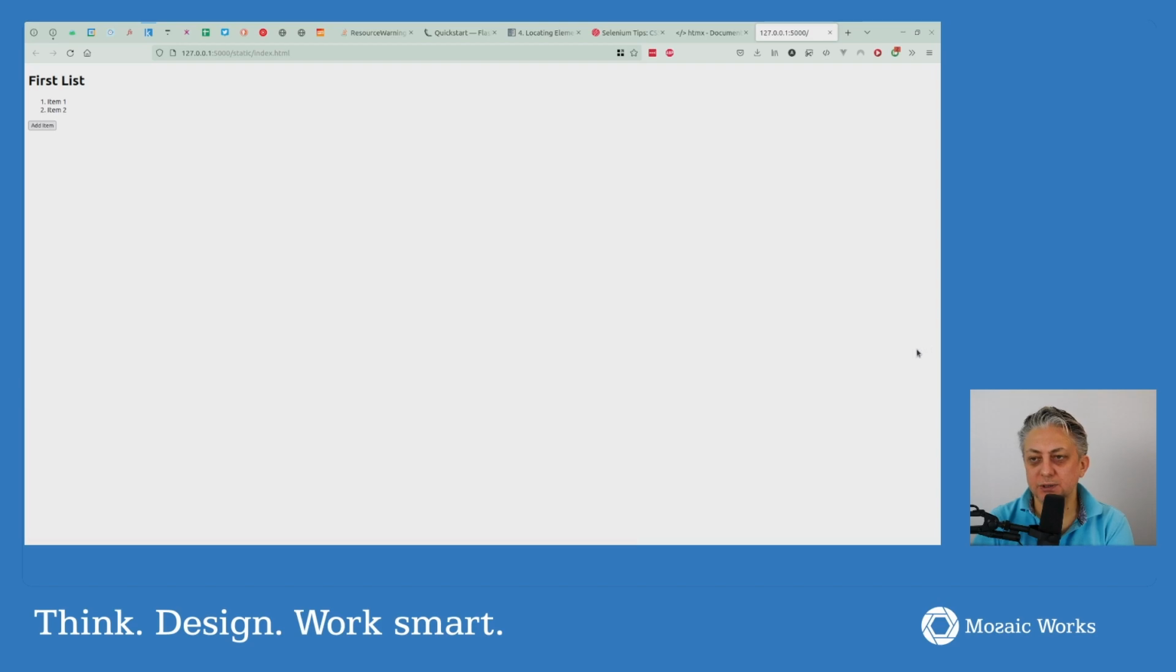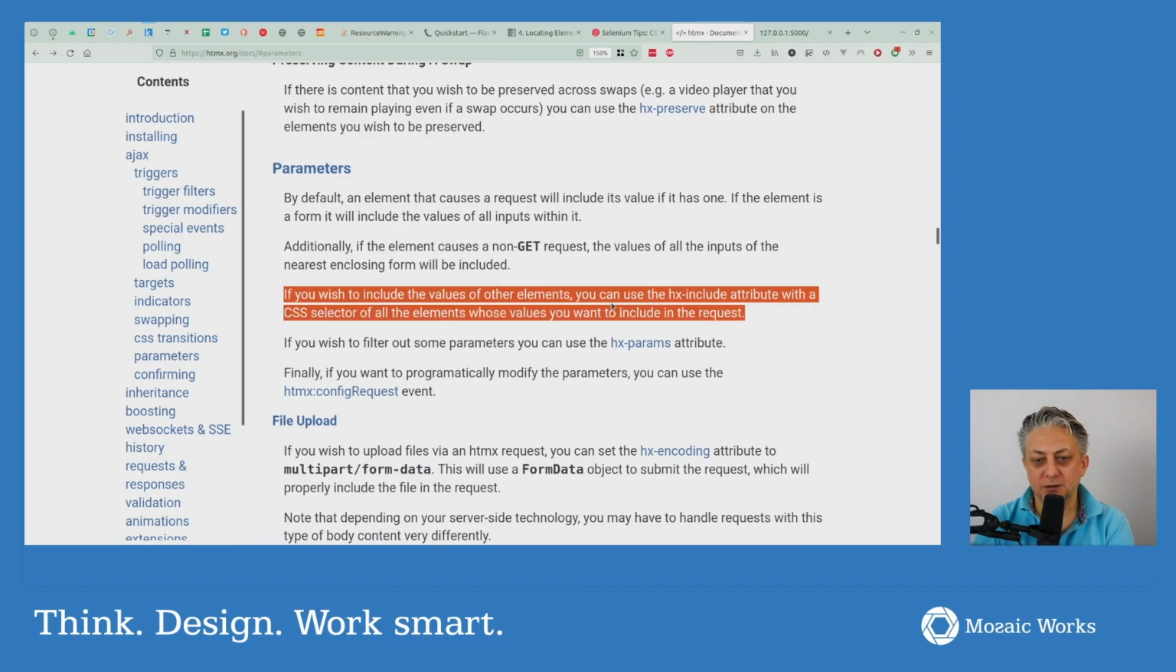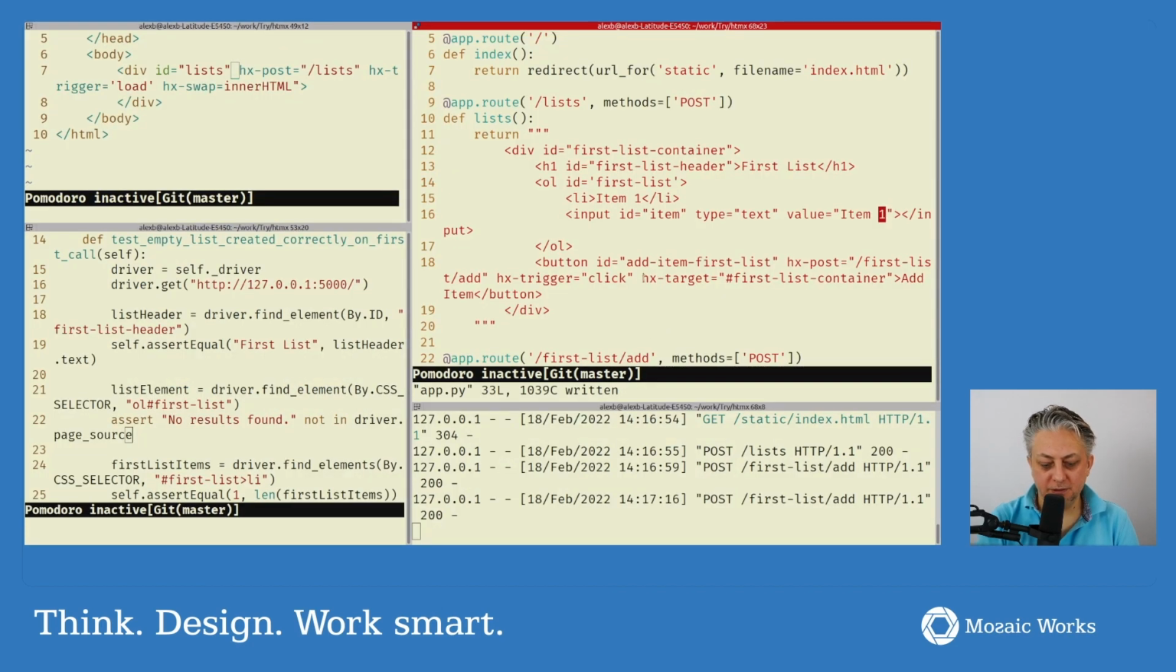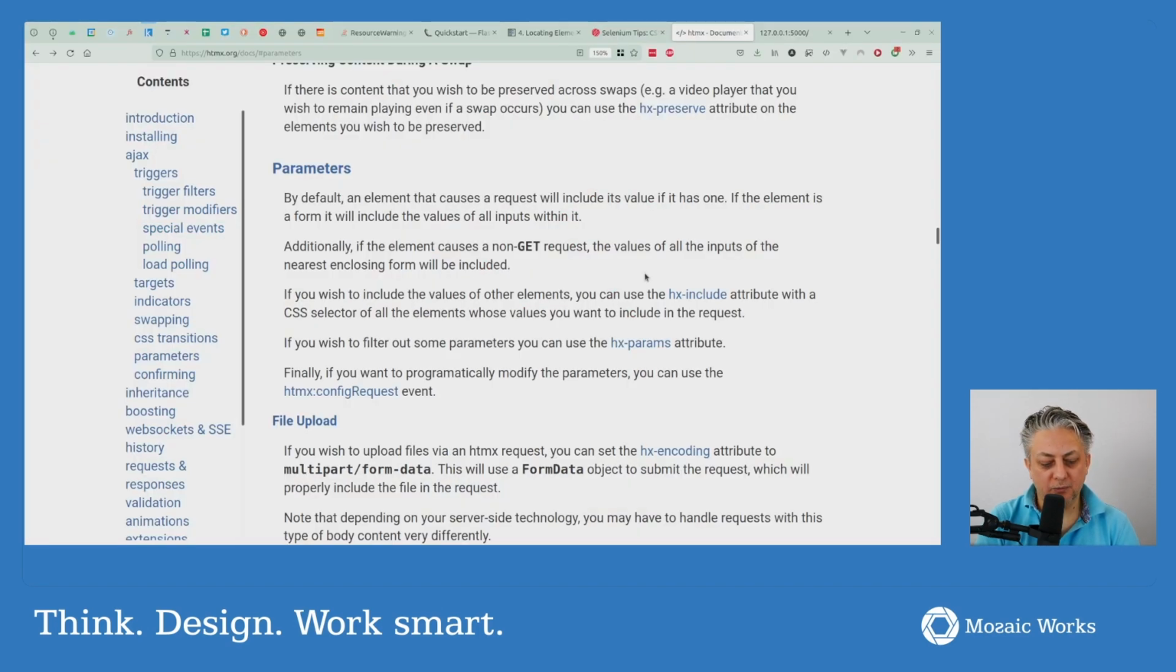Okay, so this doesn't work by default, which means that we need to have htmx include on the button. htmx post, htmx trigger, htmx include equals, and we need the CSS first list. All right. And if we are doing this,